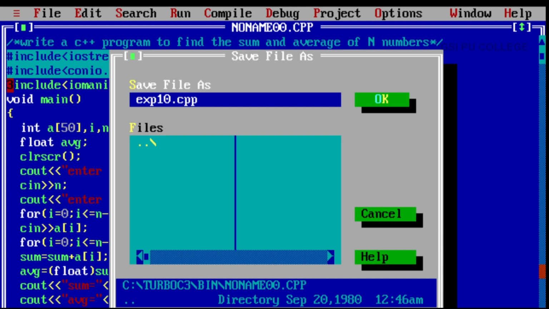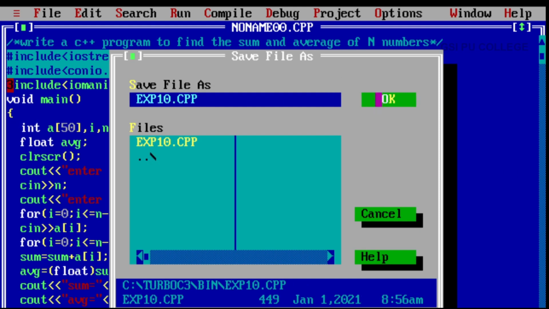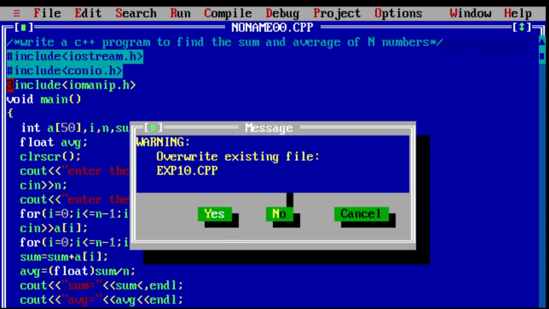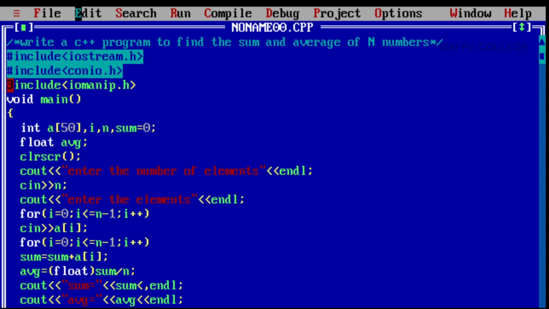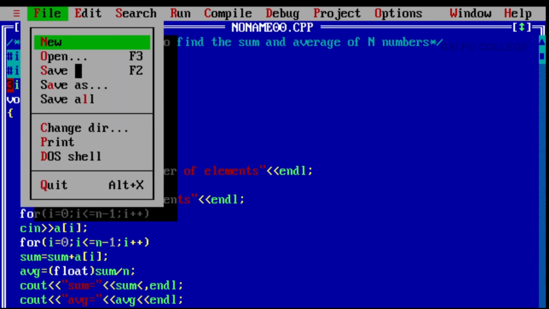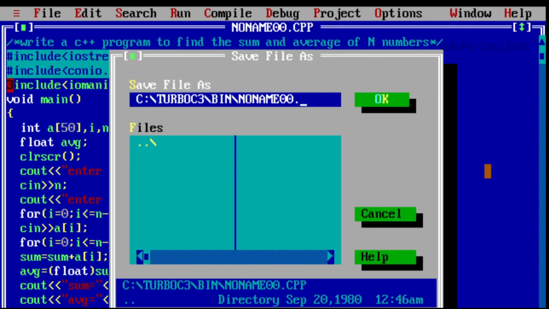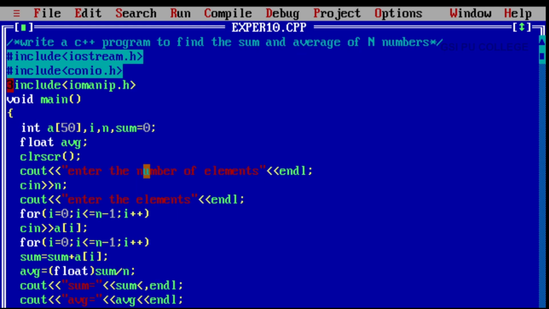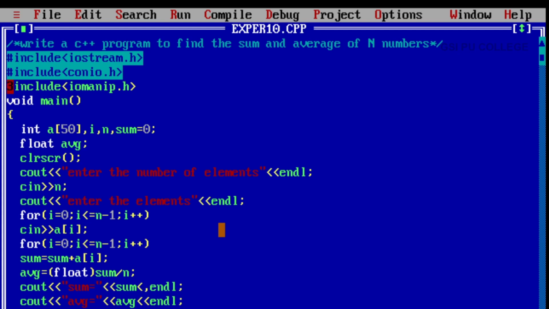CPP is the extension of a C++ program. So, now compile this file to check whether it has errors or not.